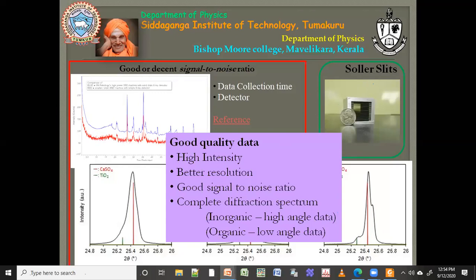There's a question from Jocelyn Elizabeth Abraham. How will we know which peak corresponds to which plane? For this you have to do phase analysis. That is what we are going to do next. Phase analysis will tell which plane. Before, it was very difficult, but now you have a lot of software. We are going to learn one of those, that is QualX. Through QualX, I will show how to identify which plane and which phase.